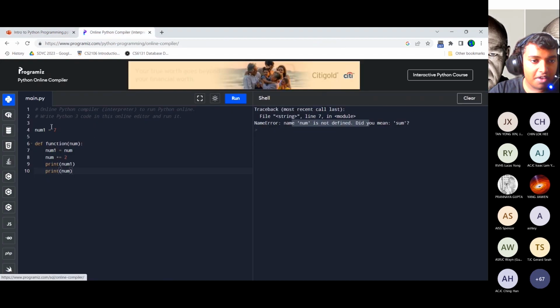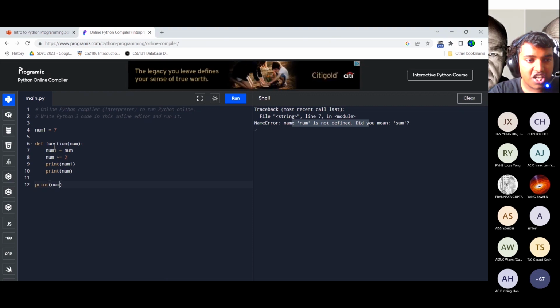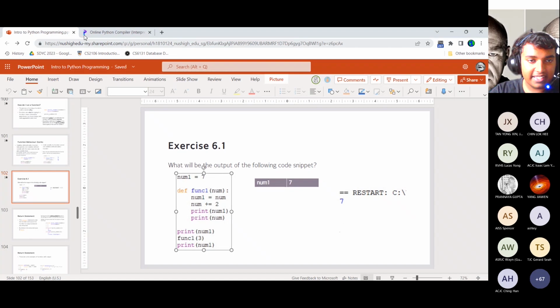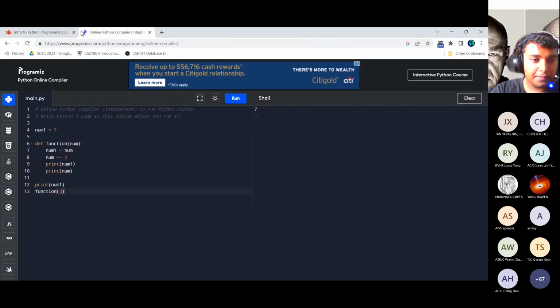So if I print num1 before this function is called, it's not changing num1, so it'll return 7, right? When I call this function with whatever number I want to change it to, let's say 3 in this case, and I print num1 again,